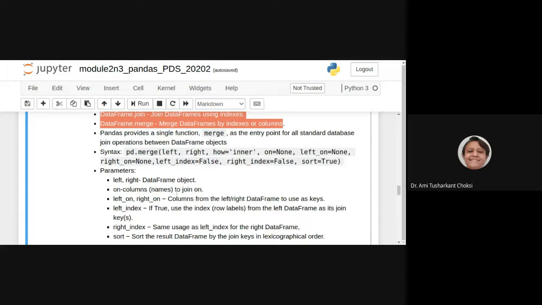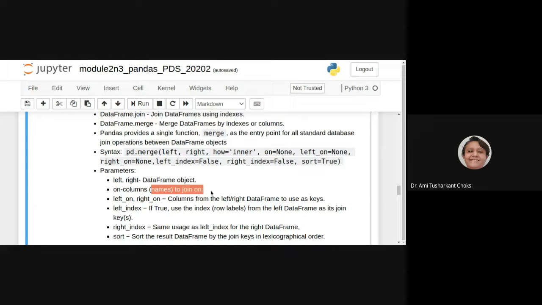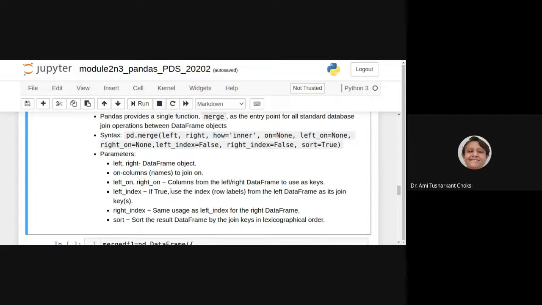On: the column names to join on. Left on, right on: the columns from the left and right data frames to use as keys.